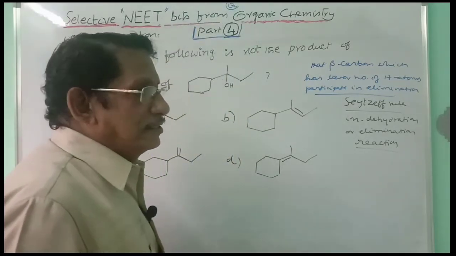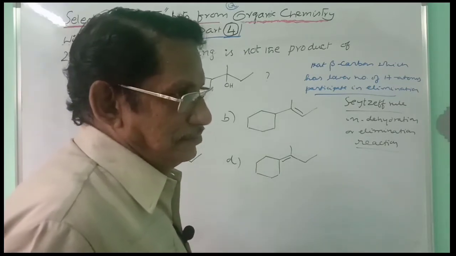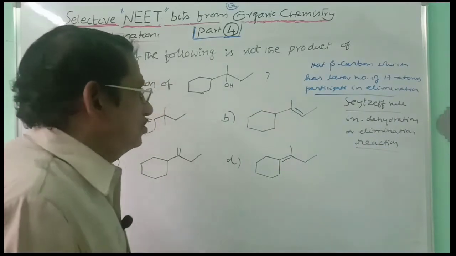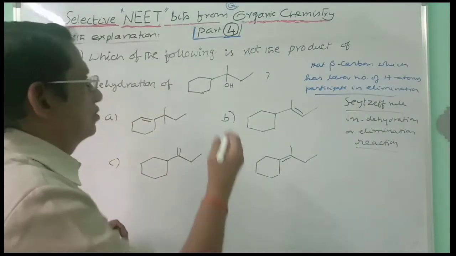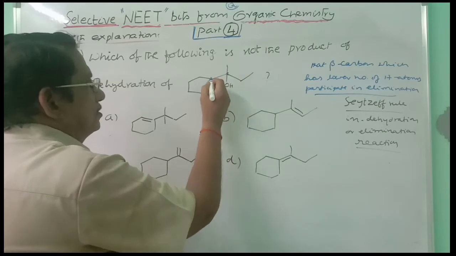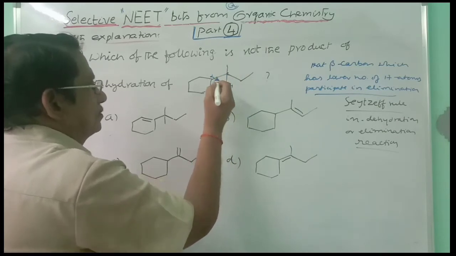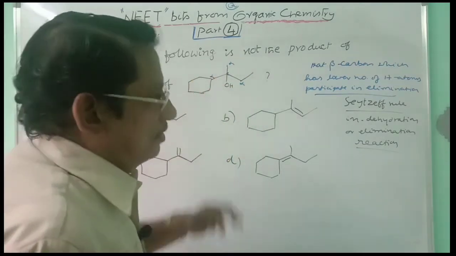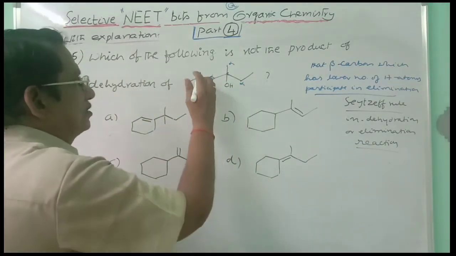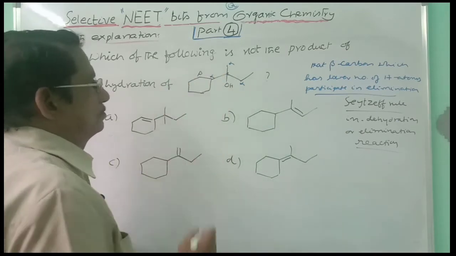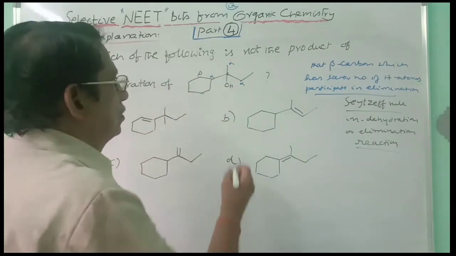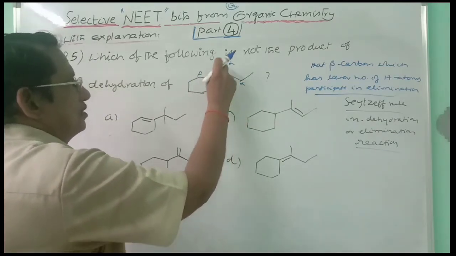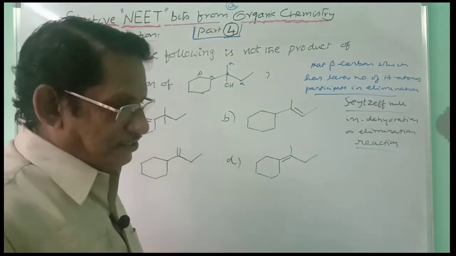Here you need not take the gamma carbon. Gamma carbon hydrogen does not participate in the elimination reaction according to Saytzeff's rule. Now let us check. This is the compound given. This carbon is having 3 alpha carbons. And here this carbon becomes beta carbon to this carbon. This carbon is carrying the alcohol group. And so here, in this case, the hydrogens here, here, and here participate for the dehydration.